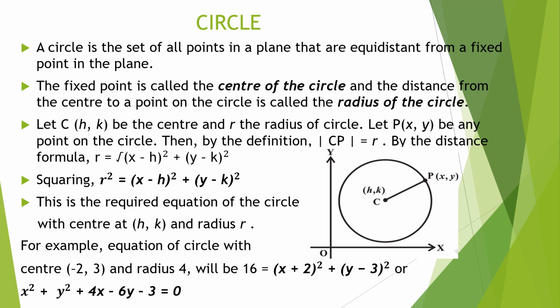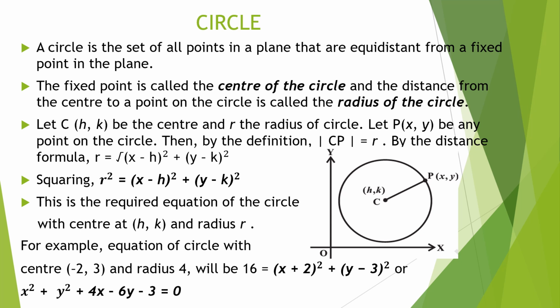But by the distance formula, what will be r? It will be the square root of the difference of x coordinates squared plus the difference of y coordinates squared. That means (x minus h) whole square plus (y minus k) whole square. When you take the square root of that, you get r. So the general formula is r square is equal to (x minus h) whole square plus (y minus